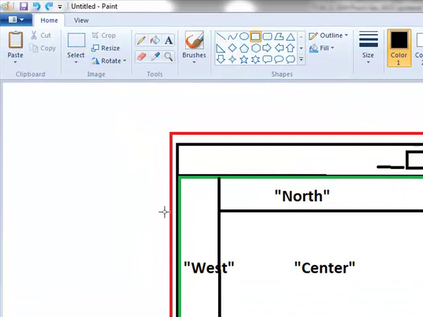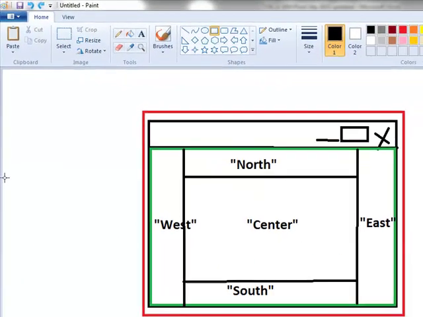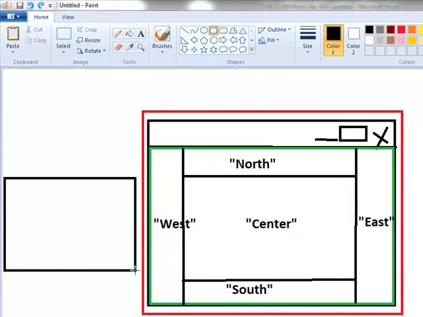Now I'll take a panel which will be of the size of the center part. I'll split the panel into which layout? Grid layout, wherein each cell has the same shape and same size. So how many cells do we have over here? 4. Clear? And I'll put the labels.